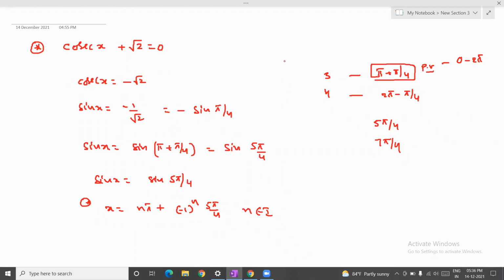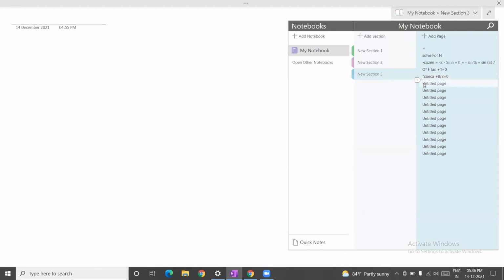But my suggestion is to take the first repetition only. Take the first principal value only. Don't take the second repetition, because many books follow that as a standard. But from a concept point of view, it is not wrong. You can't say it is wrong. What is the meaning of a solution? You have to represent all the solutions with a single expression. So if you substitute x equal to 0, 1, 2, 3, 4, for any integer value, all the solutions should repeat. So you are able to prove it by taking 7 pi by 4 also here. Hope you understand what I am trying to say. If there is any confusion, please let me know, guys. Please don't hide your doubts.